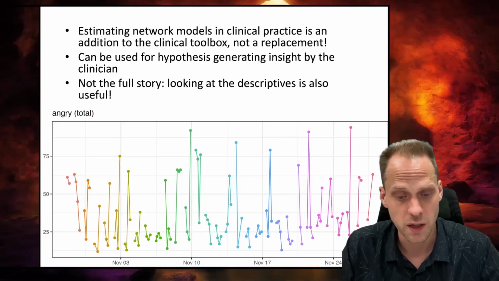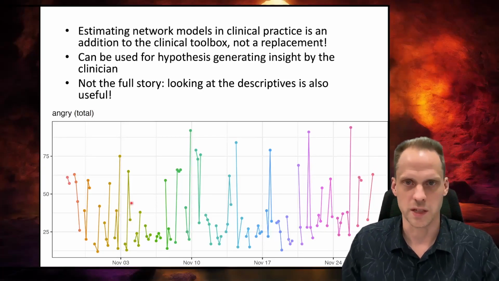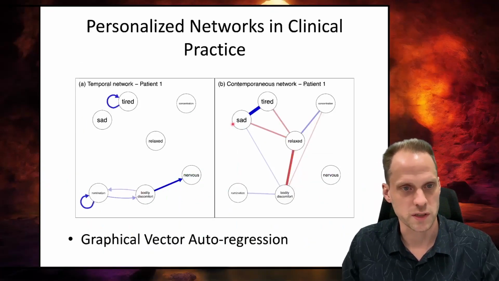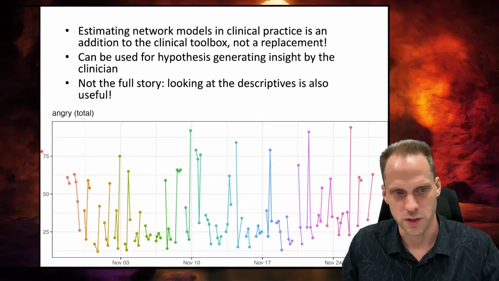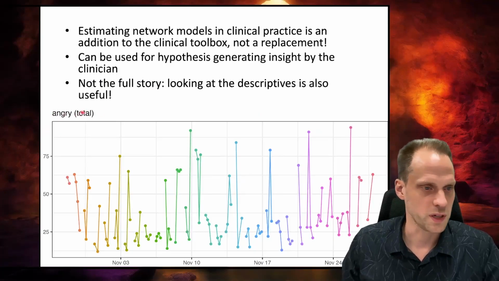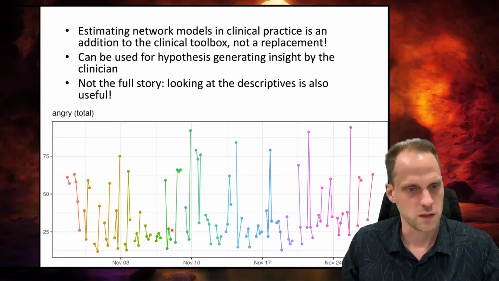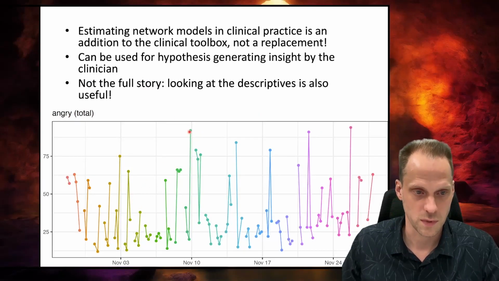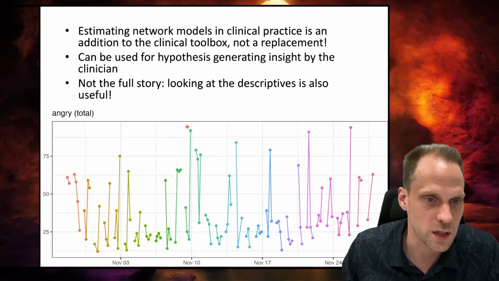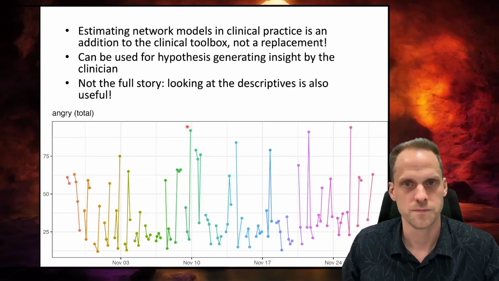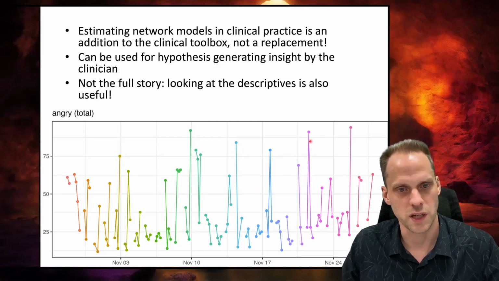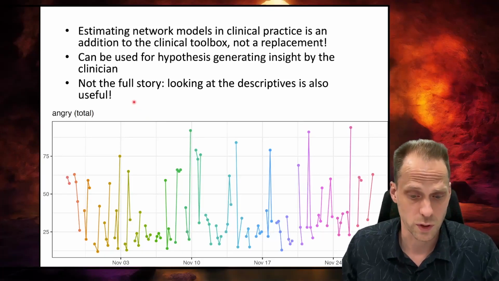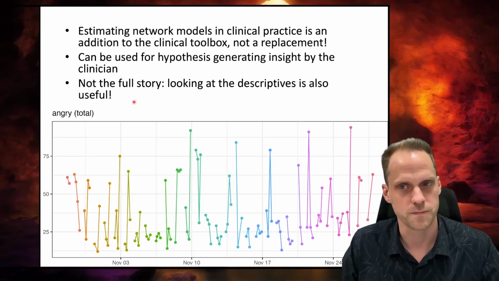But in addition, you can also just look at this data by itself. It's very valuable data to look at. So here, for example, is a plot of the time series of the different variables in this network, being angry for a different patient, and you can see, okay, this is how you experience anger over time. So on November 10 in the afternoon, you're very angry, right? So that might be useful for the therapist to know. It seems here that there's maybe a bit of a cycle even in these spikes of anger. So that could be very useful for a clinician to guide the conversation, of course.